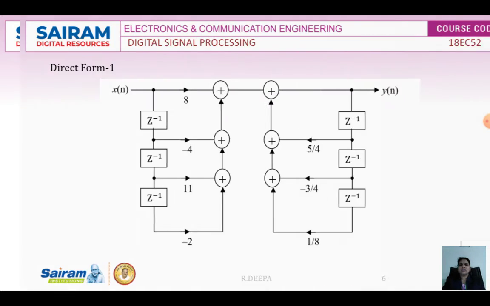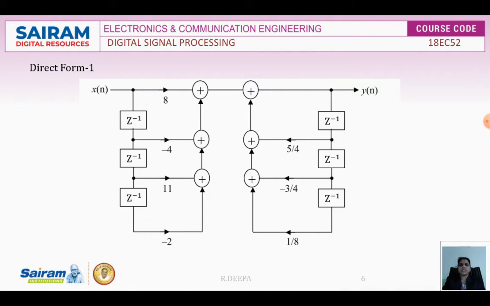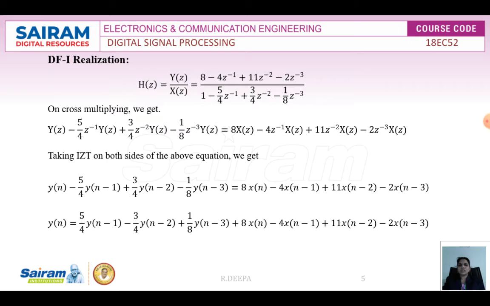So with this equation we can draw the direct form 1 structure for the digital IIR filter. To start with, first you have the input x of n, you just name it, and the output as y of n. Then you have to concentrate on the last equation, where the x of n terms you need to consider first.